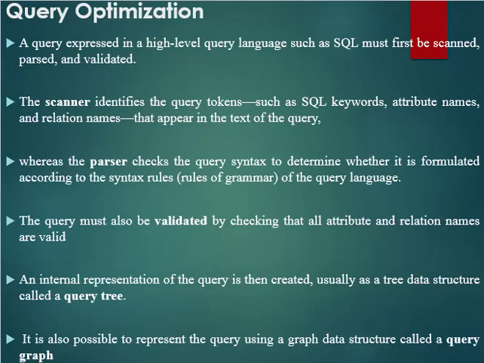In the phase of scanning, we are identifying the keywords present in a particular query. If we take an example of a select query, we know that there are different keywords present in that query: select, from, where, then different relation names, different attribute names, etc. So the first phase is to identify these types of keywords in a query. After successfully finding the keywords, if any error occurs in trying to find a keyword, it will stop the execution.